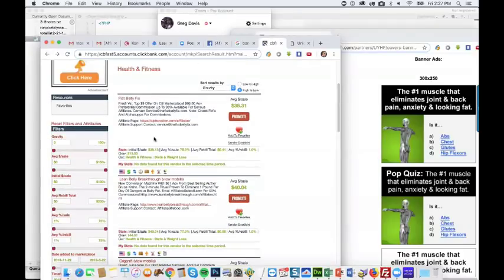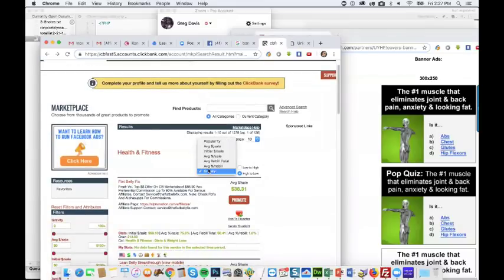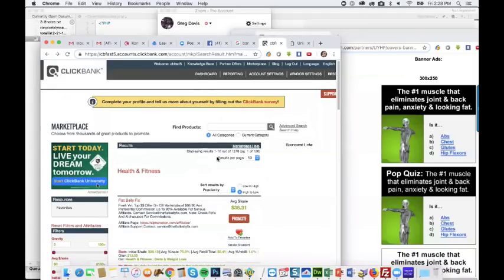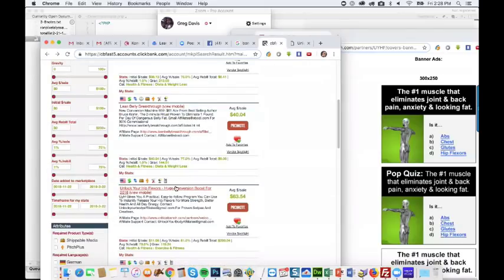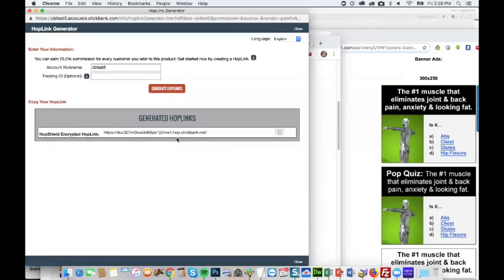Where do we go? All right, so where are we at here? I think we got back to popular. All right, so here we go. So we're going to get our thing here. We don't need a tracking ID for now. All right, so this is our link to the offer.